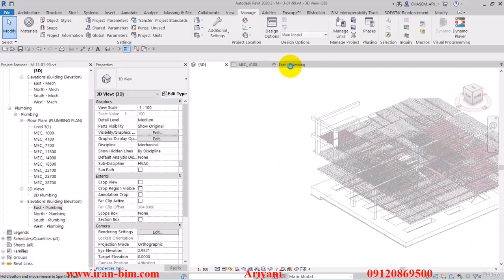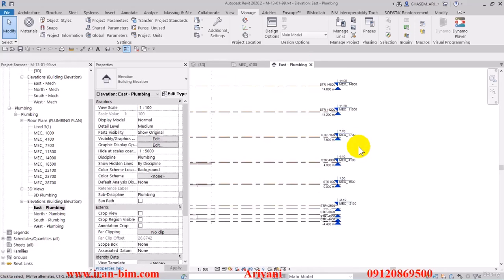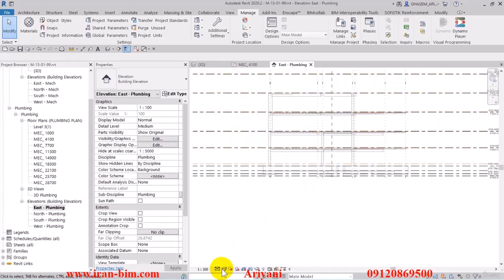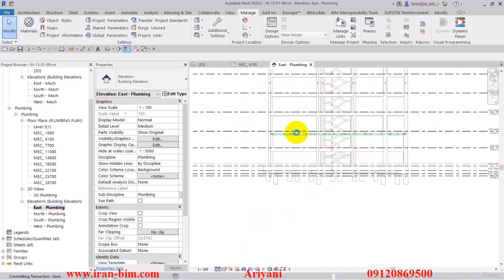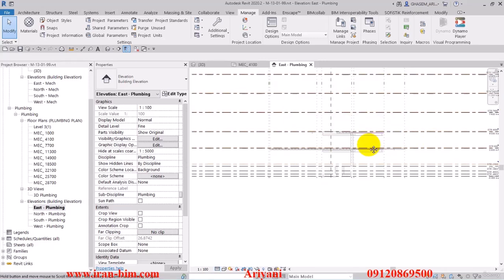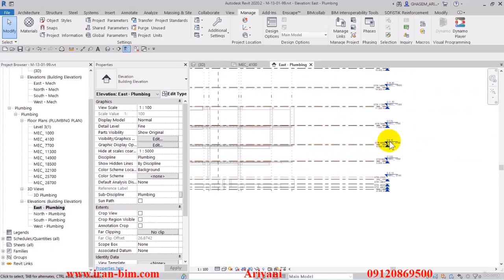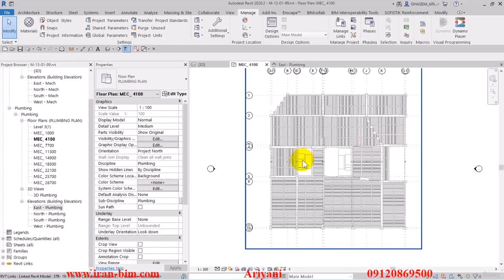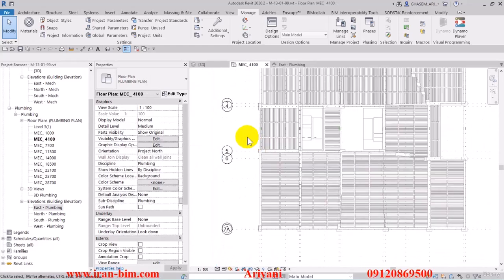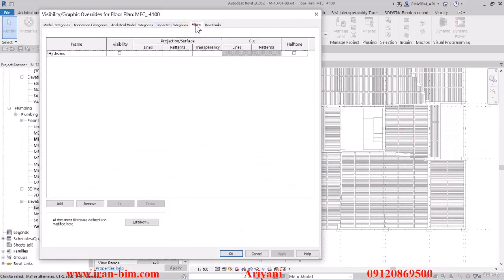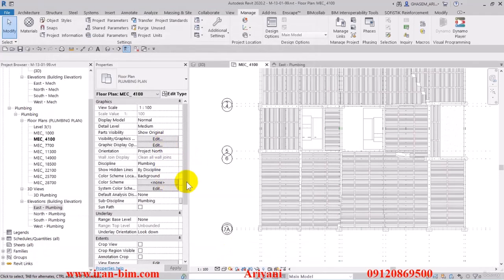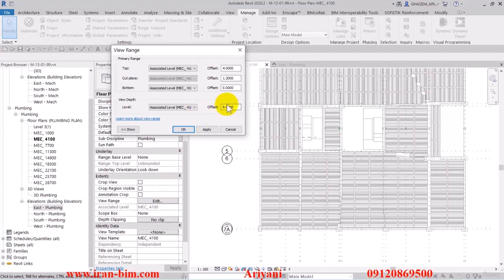Here I'll put this on fine so we can get a better look at it. And you can see how the pipes have been planned and drawn in the plan right here. So I'll open up this level right here, and then on the details that pop up in the graphics section, I'll click on the parts visibility option and open up the visibility graphics menu. Now I'll go over to the filters tab and delete the hydronic that we have so that there won't be